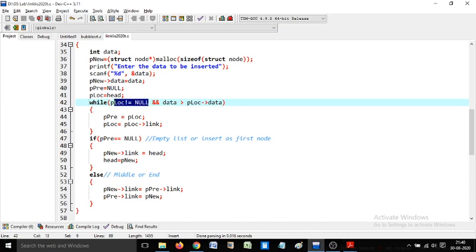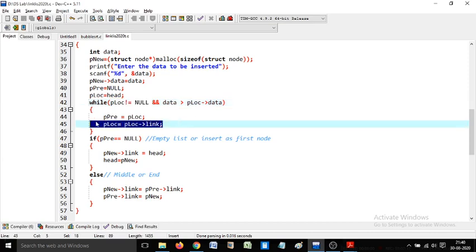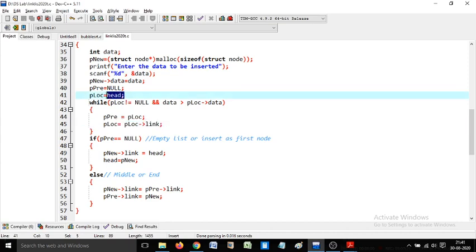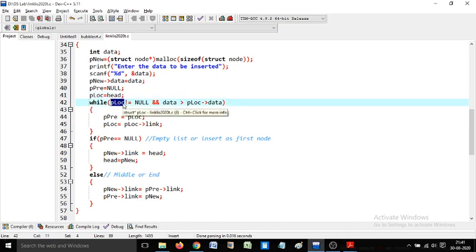So that is the first part. Now, in which cases will p location be null? It will be null in two possibilities. One is that the list is empty, so there are no nodes in the list, and p location is initialized with the head, which is also null, and it never gets updated. This statement is never going to be executed if the head itself contains a null value and there are no nodes in the list. So in that case p location will be null.